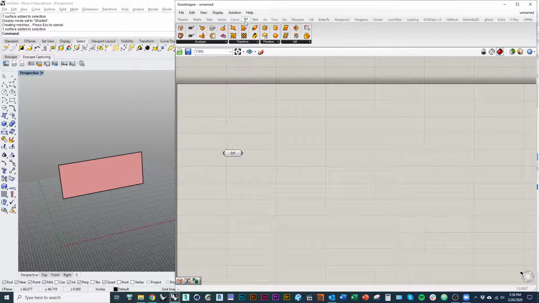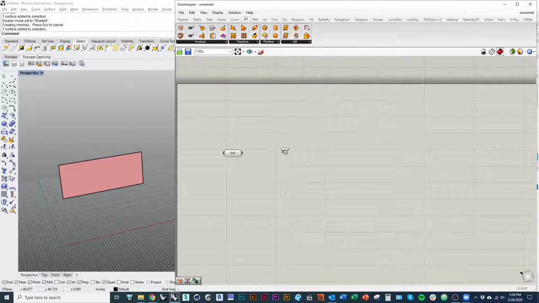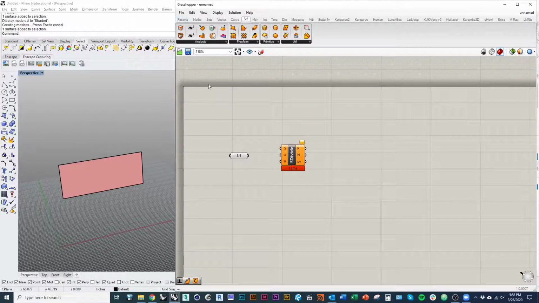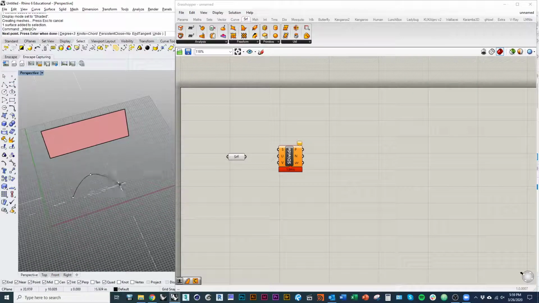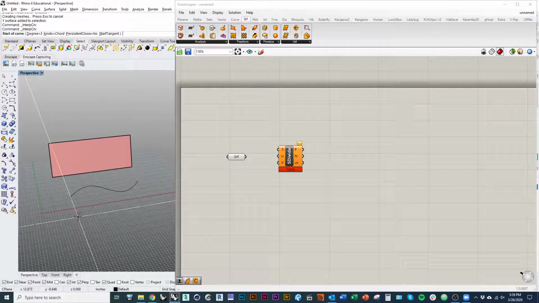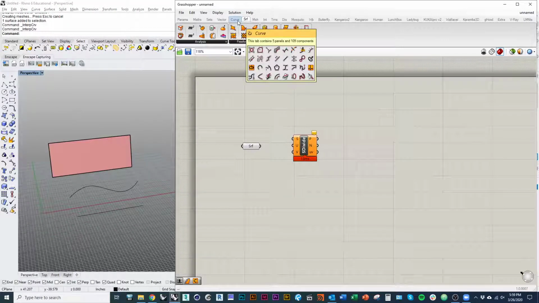So I'll go in Grasshopper over to the Surface tab, and I believe under Utility there's a component called Divide Surface, the first one there, and I'll place that on the canvas. Now, I'm just going to do a couple of things quickly here to give you a point of reference for how stuff works. You don't need to do this part, but I'm going to draw a curve really quick. And I'm also going to